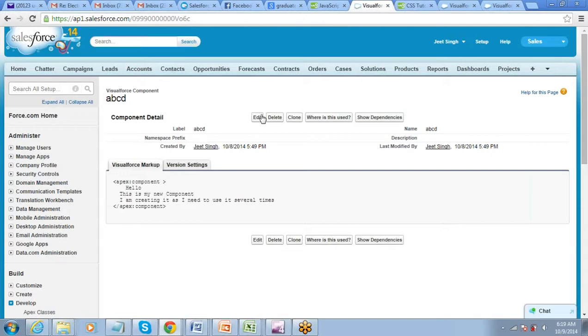Component saved. Now how will you call this component on the Visualforce page? Before that, just see the name of the component. It's ABCD. Okay, so we'll go and call it on the Visualforce page.